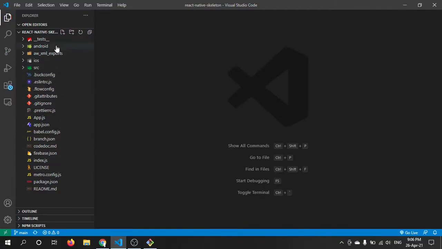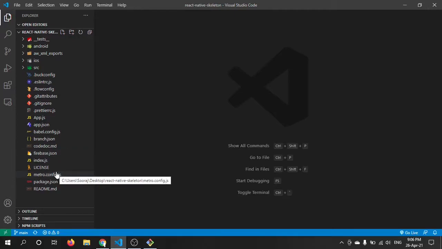This is the React Native skeleton, and we can see there are some folders and some files also. We can go inside each folder and look into different files and what they are doing, and we will go through all those things, and get a fair understanding of how it works, and how we can create a mobile application using this repository.